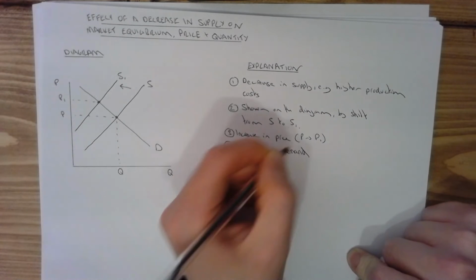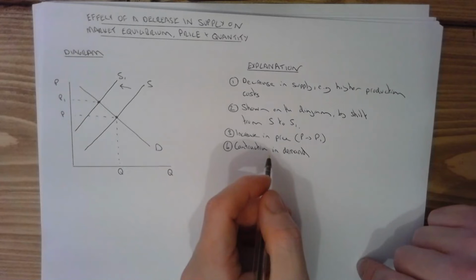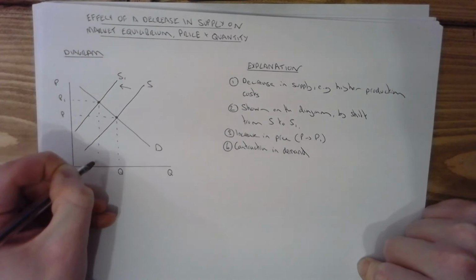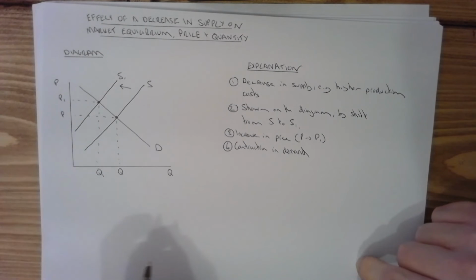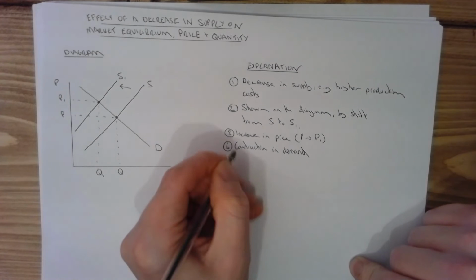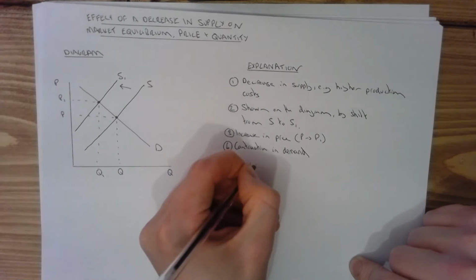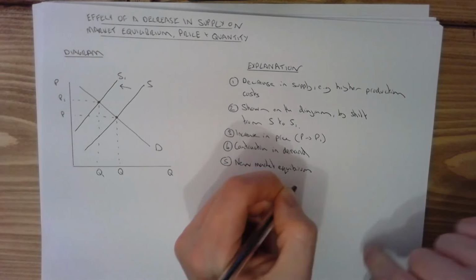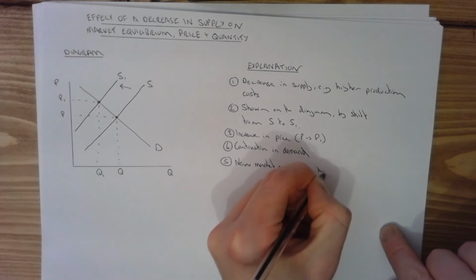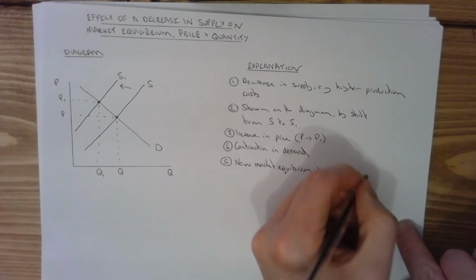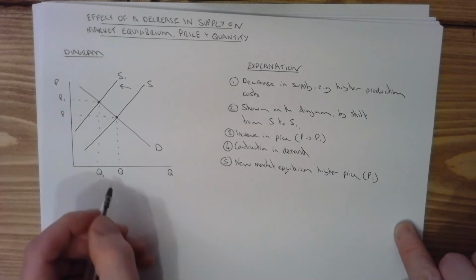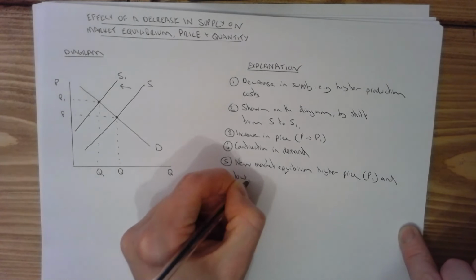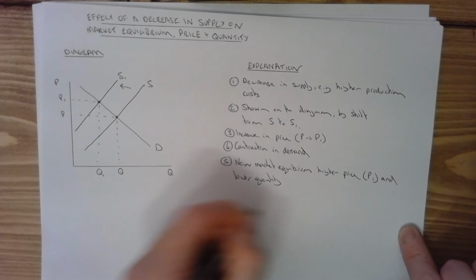So I can include that in my written explanation, and I can now complete my diagram by labelling my new quantity, which is here at Q1, and I can complete my written explanation by saying that I've got a new market equilibrium at a higher price. That price is now up to P1, and a lower quantity. Quantity has gone down from Q